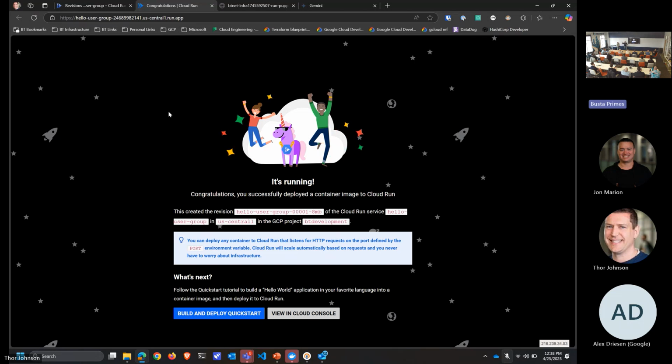For those of you who use load balancers, I'm going to create a NEG and put this Cloud Run service behind it. You can have as many of those as you want. It's a network endpoint group, a serverless network endpoint group. Very similar to any type of load balancing. And for those of you that don't do cloud load balancing, if you think of an F5, it's like a pool. You're going to create those types of things, just like any regular load balancing.